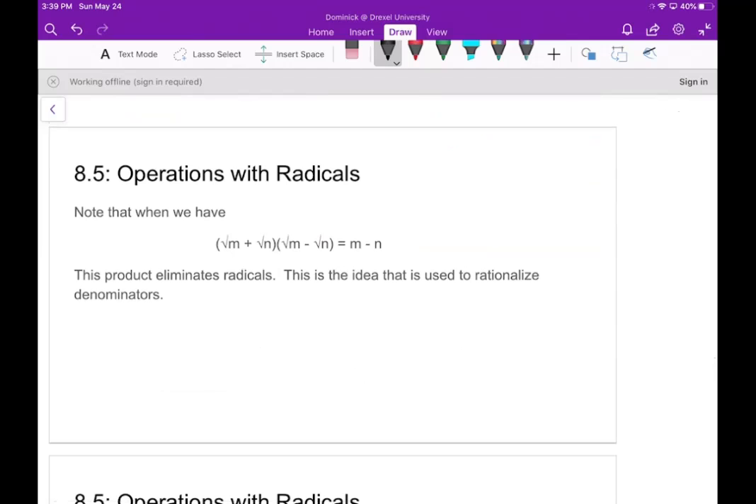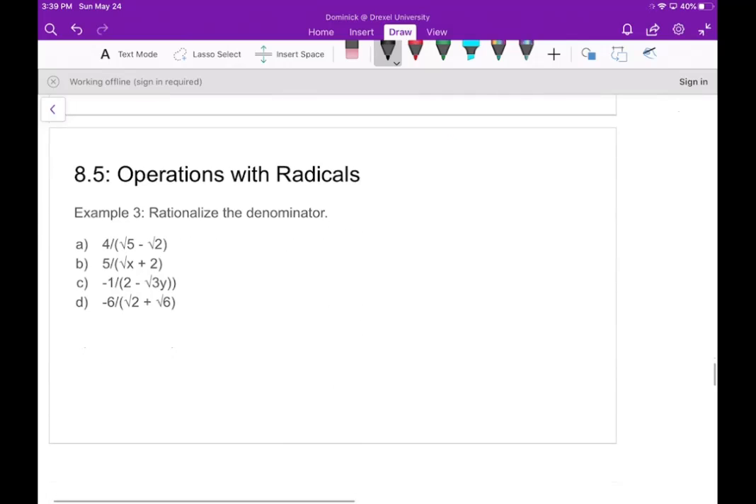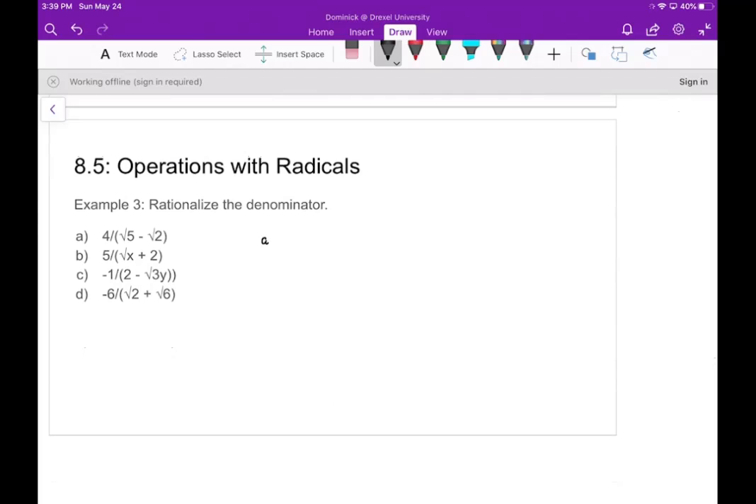Now, in the previous example, we looked at a few examples where square root of m plus n times square root of m minus n just gave you m minus n, right? So this is sort of a clever trick to eliminate any radicals. If you have something like a denominator where you have more than one radical term, we can multiply by square root of 5 plus square root of 2 on the top and the bottom,